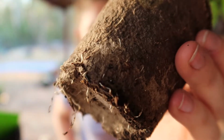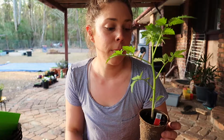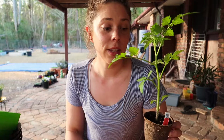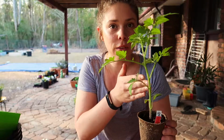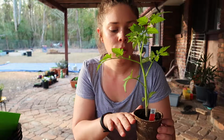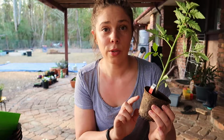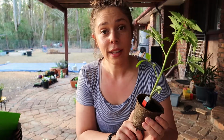This one is a beefsteak tomato, so all of the tomatoes are going to get pretty big, but when I plant this in the ground I trim off a lot of the lower leaves and plant it up to about here or so, so that all down here can then grow roots when it goes in the ground, and this will just disintegrate. So I find these pretty good for things like tomatoes,